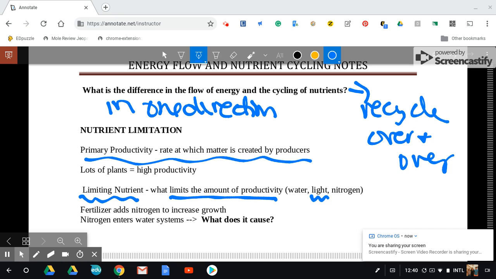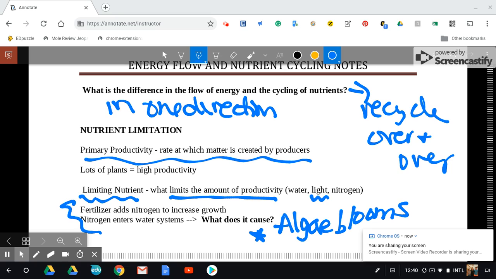You know how when farmers spray fertilizers on their fields and then there's a huge rain and it gets washed off into the ditch? What does that cause? Algae blooms. So when you see a bunch of algae blooms, you know that there are a lot more nutrients in that water than what's needed. What that causes is that all the oxygen gets starved out of the water and it leads to fish kills. So too much fertilizer in an environment is not a good thing. One of the key indicators is these huge algae blooms. Okay, so that's just a quick and dirty review of nutrient flow and cycling.